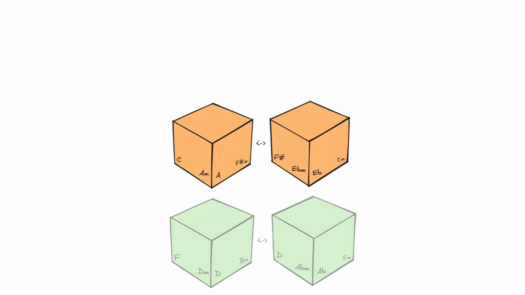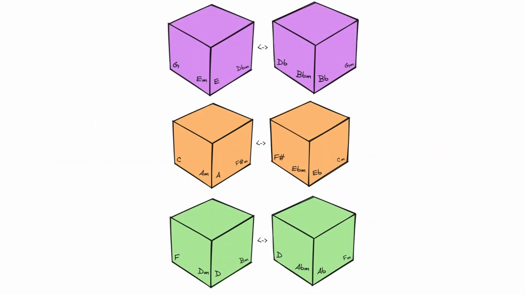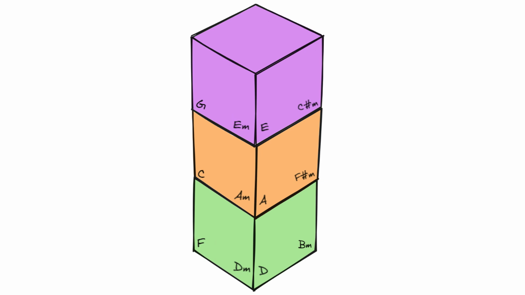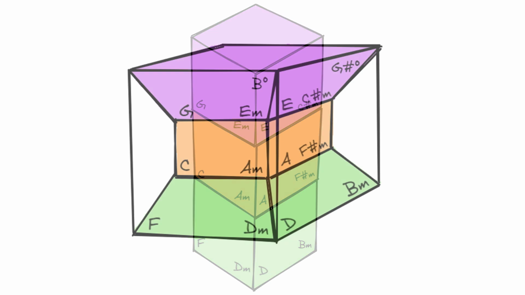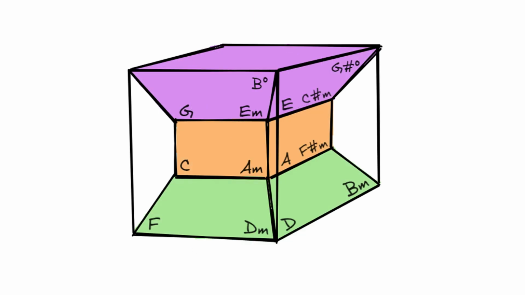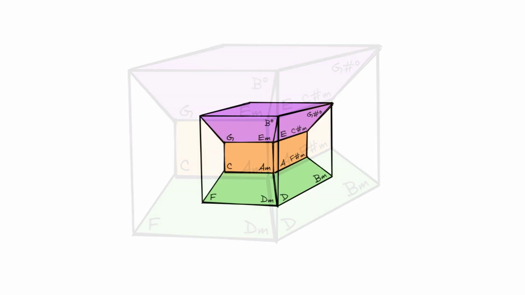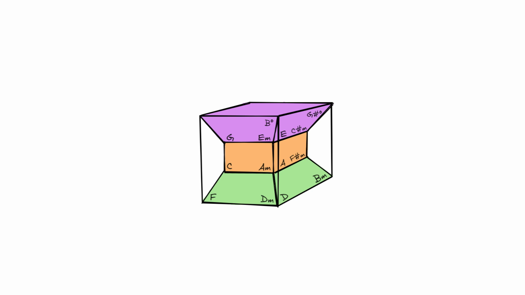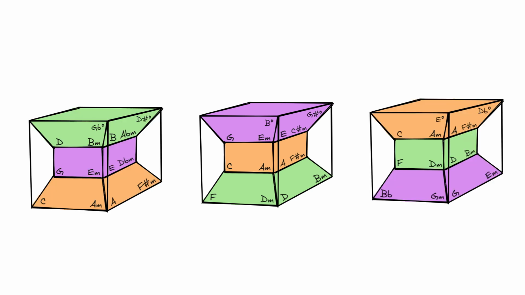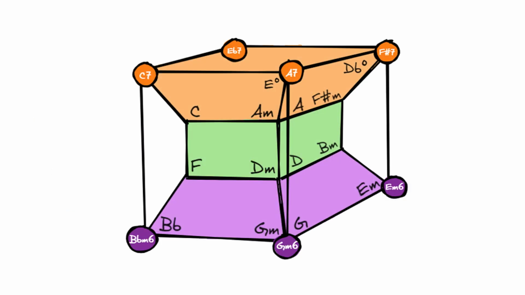By making small cubes of each, you create what are called alpha cubes. And by stacking these alpha cubes and stretching the upper and lower faces in order to create another bigger cube, you create what is called a hypercube. We can create three hypercubes: an orange one where the orange alpha cube is in the middle, a purple one, and a green one. In these hypercubes, you can add small corner pieces in order to represent the coupled chords. However, since adding all of them would make the picture too convoluted, here is only the diatonic corner pieces of the green hypercube in all four keys.